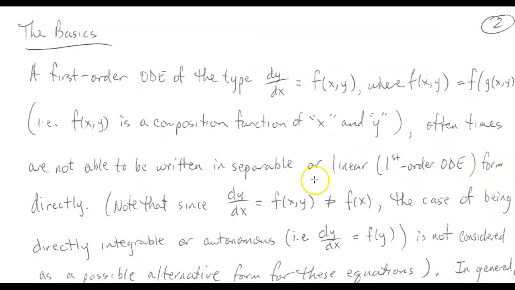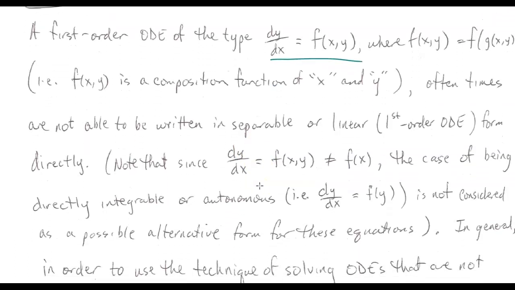Now, for the basics, a first order ODE of this type means we can rewrite the equation as dy over dx equal to some function of x, function of y, or function of x and y. If we have something that looks like this, then that function of x and y can be considered a composition of both x and y. And oftentimes we're not able to write equations like those directly into a separable or linear first